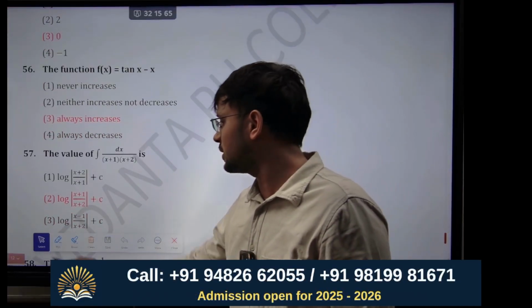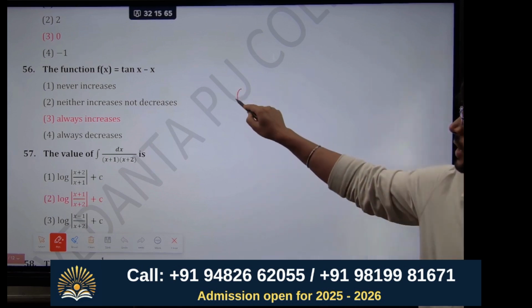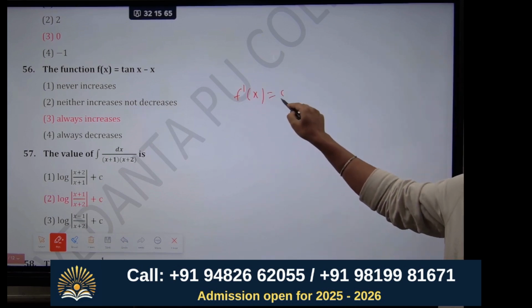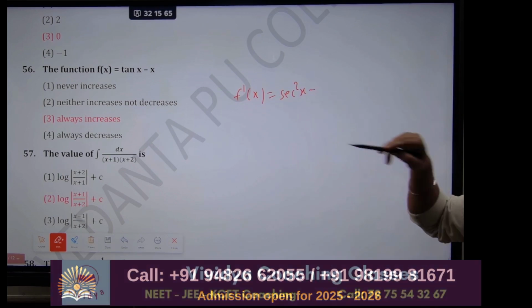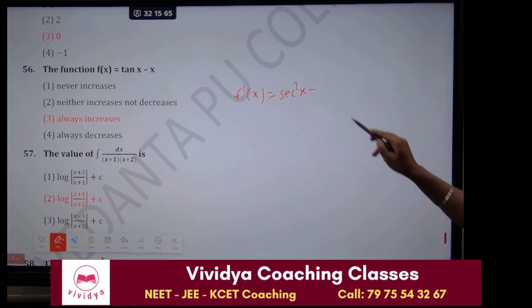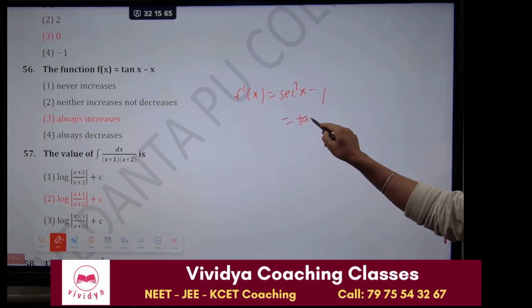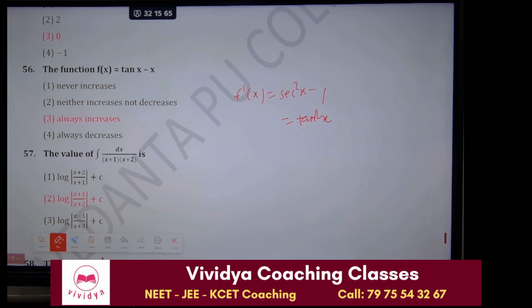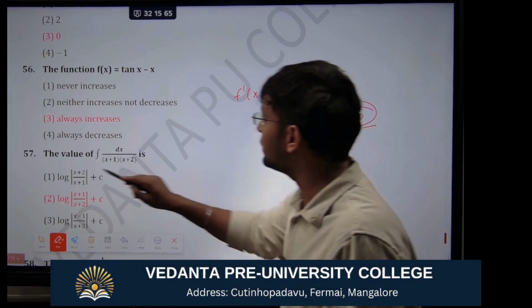Okay, this function, increasing or decreasing, differentiate it. What is the differentiation of tan x? Sec square x. And differentiation of x is 1. And we know that sec square x minus tan square x is 1. So sec square x minus 1 is tan square x. This is always greater than or equal to 0. So f dash x is greater than or equal to 0, means